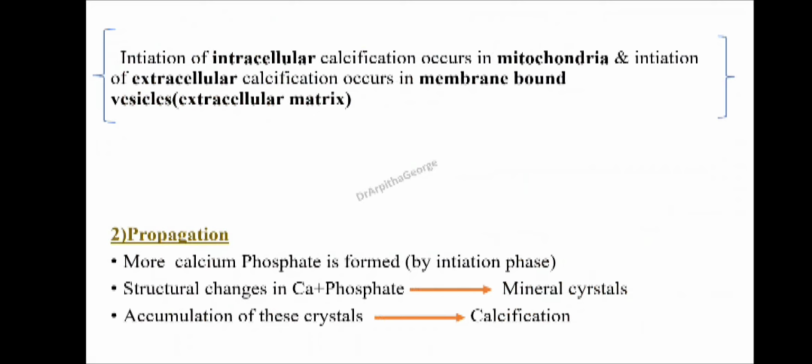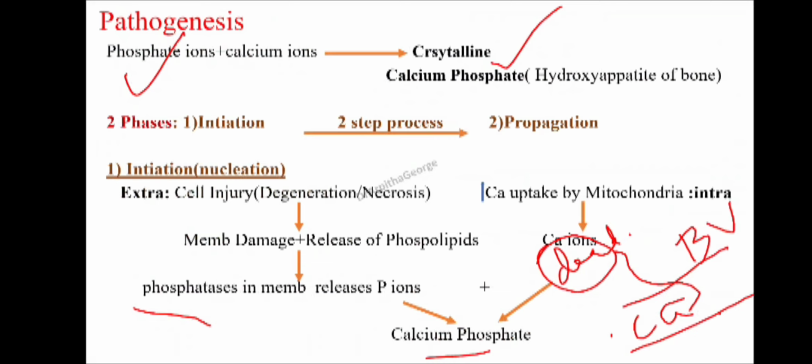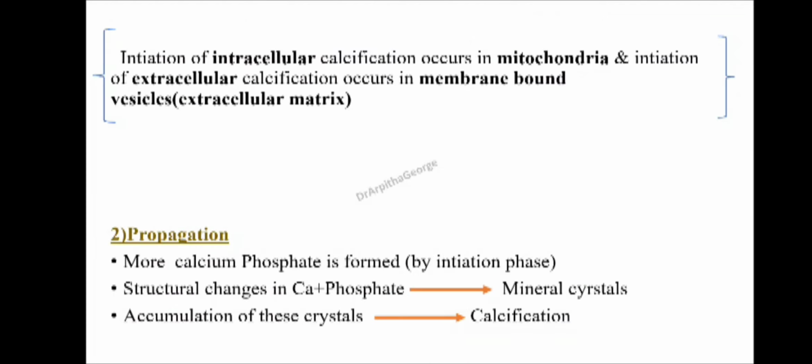So there are two processes, initiation and propagation. Propagation means nothing, it's just like a modification. It's like doing some modification after the initiation process. We are going to modify that calcium phosphate into crystals. Why? Because the product is crystalline calcium phosphate. So this is regarding the complete dystrophic calcification, and next we will study